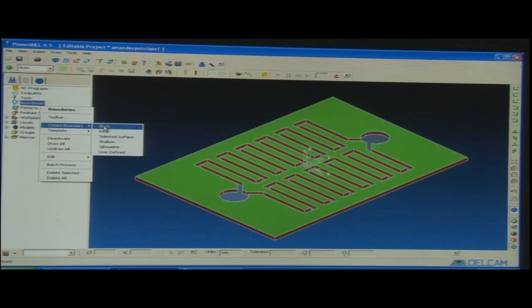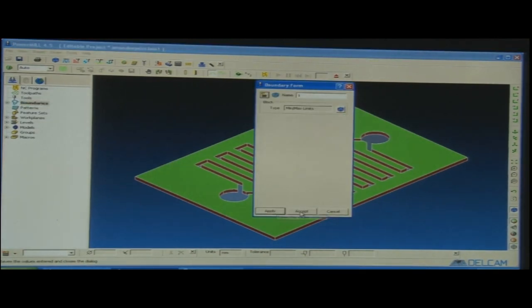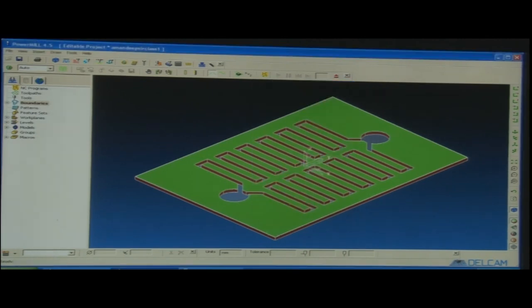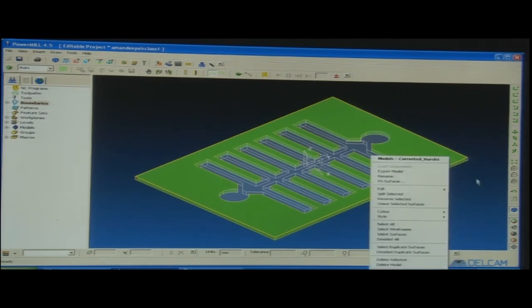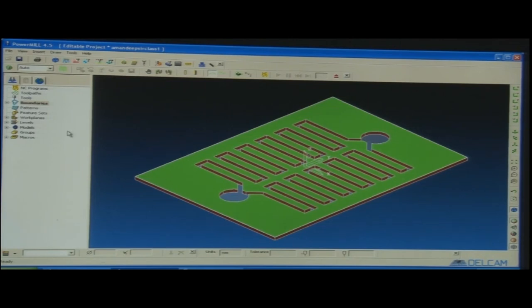This is the block that we have generated. For creating the boundary, I will put the block. When I say apply and accept, you can see the thick white line. This white line indicates that this block is generated. Now, we can keep our tool inside the block, or we can also define the tool to be kept outside the block. This is the boundary. Whether inside or outside can be chosen. So now the tool would never come out if we direct the software that the tool has to remain inside the block.